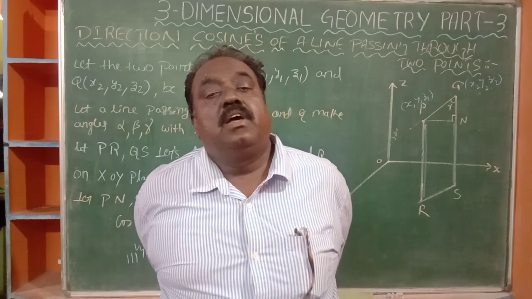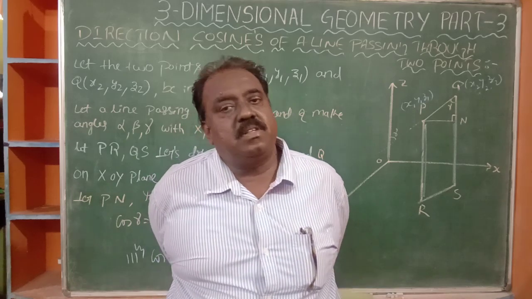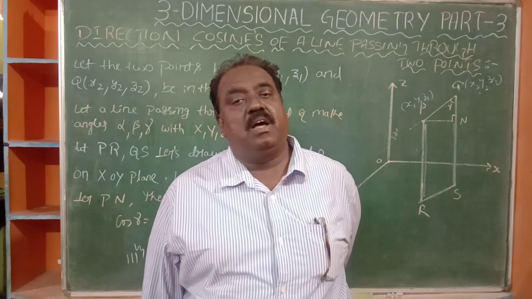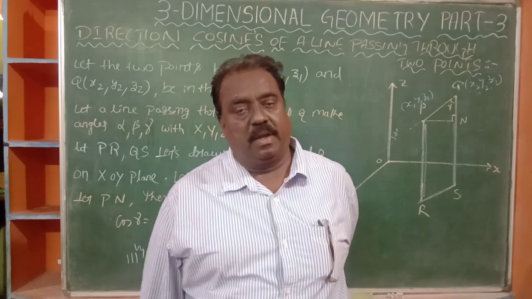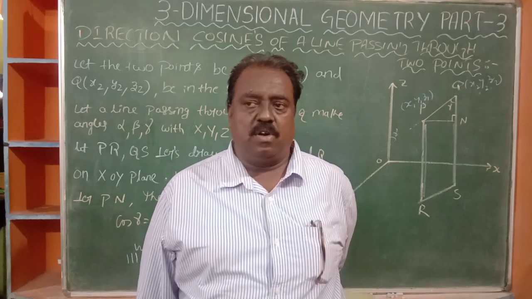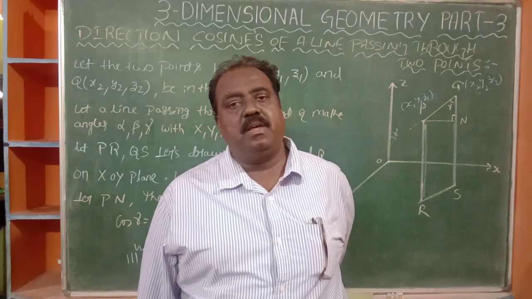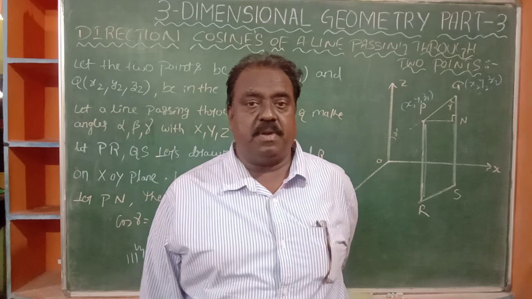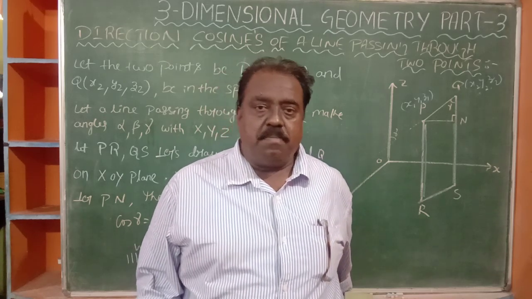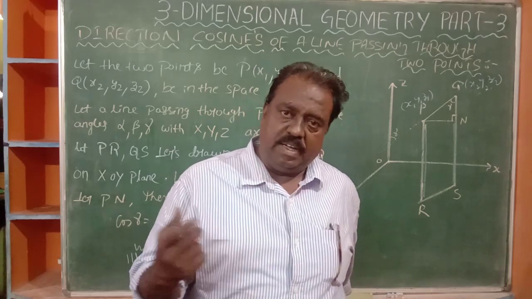DRs means direction ratios. They are a set of three numbers, a triplet, which are proportional to the direction cosines of a given line. Okay, now DCs are generally denoted by l, m, n, whereas DRs are denoted by a, b, c. The relation between DRs and DCs is also given. In the problems, we are given DRs first. Through that one, we can find the DCs.